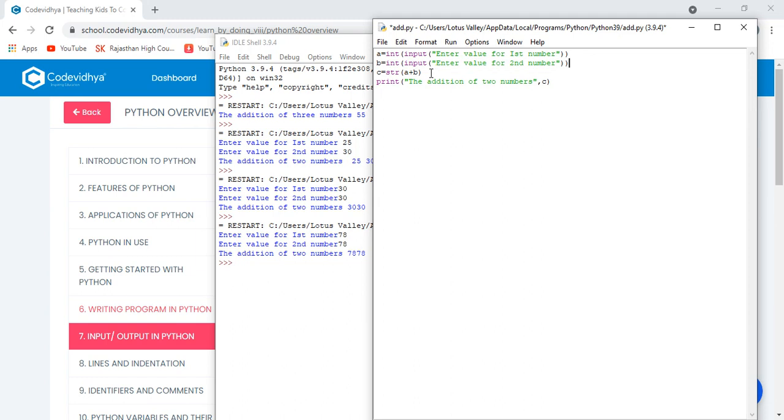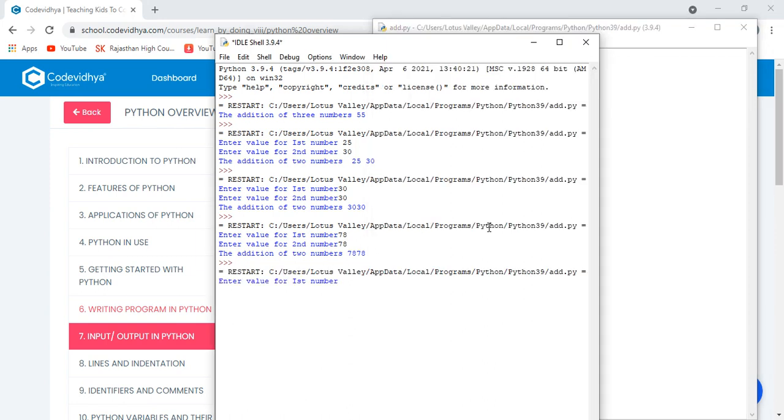So before taking the value, we have to convert this. Yes, now it is okay. See.